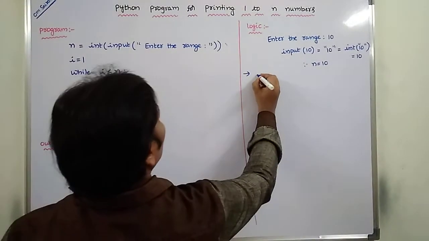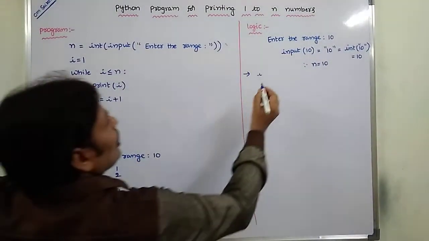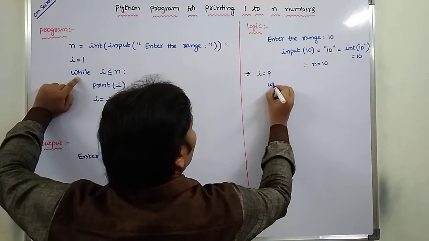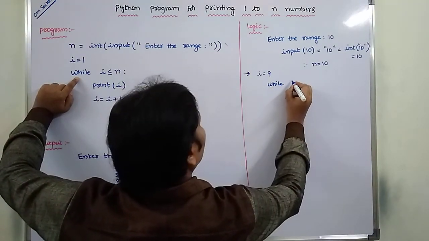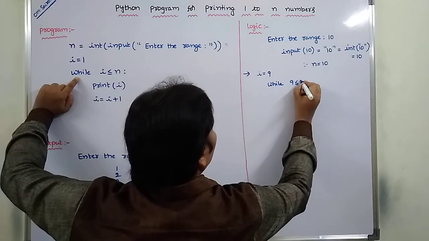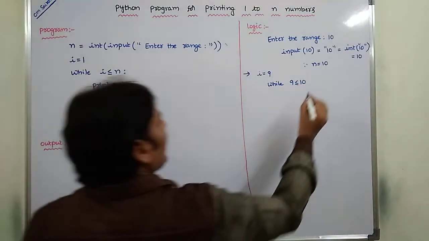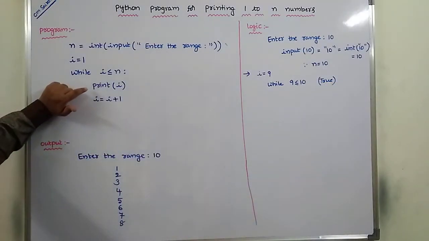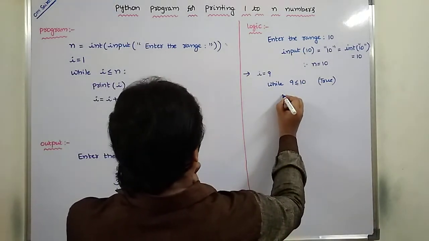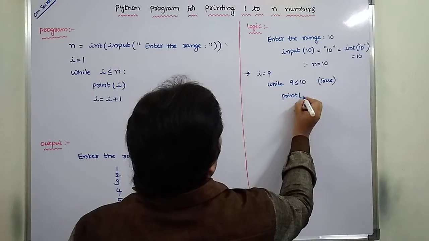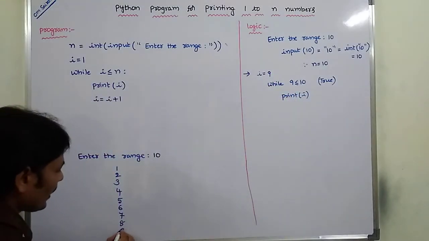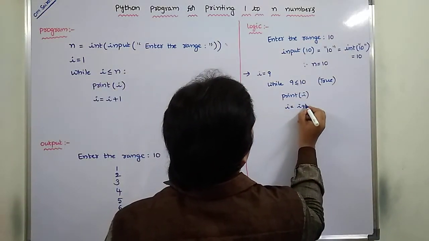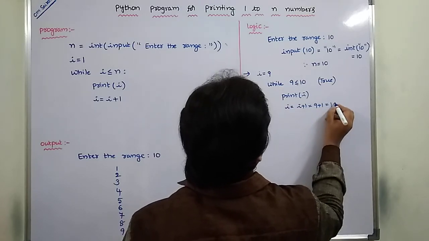Okay, next I is equal to 9. Again control goes to the while loop. Now I becomes 9. Next, while I value 9, n value 10, 9 less than or equal to 10, that condition is true. If the condition is true, the control goes to the body of the loop. So in the body of the loop, print I. So print of I means I value is 9. So 9 is printed. Okay. Next, I is equal to I plus 1. That is 9 plus 1, that is equal to 10.